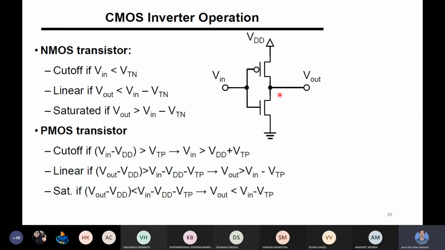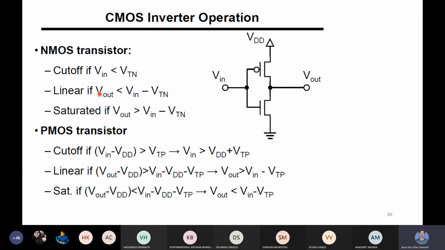Generally, we talk about VDS. This is the drain and this is the source. VDS is the same for the NMOS transistor. Whatever the VDS value, that is exactly equal to V out. So VDS is nothing different; for NMOS, VDS is directly connected to V out. So instead of talking about VDS, we are writing V out here.